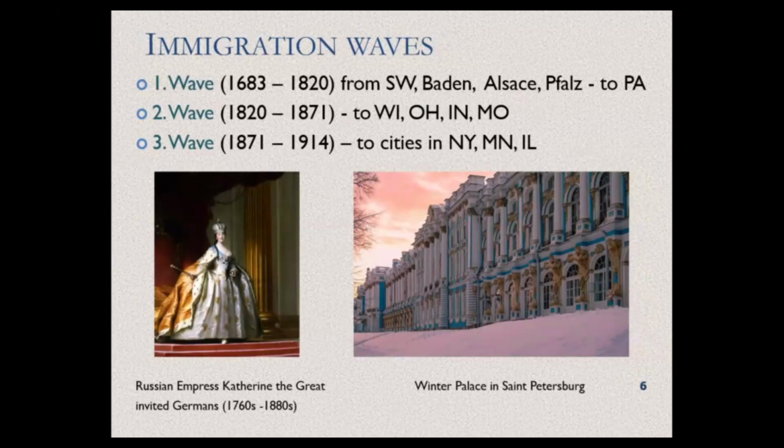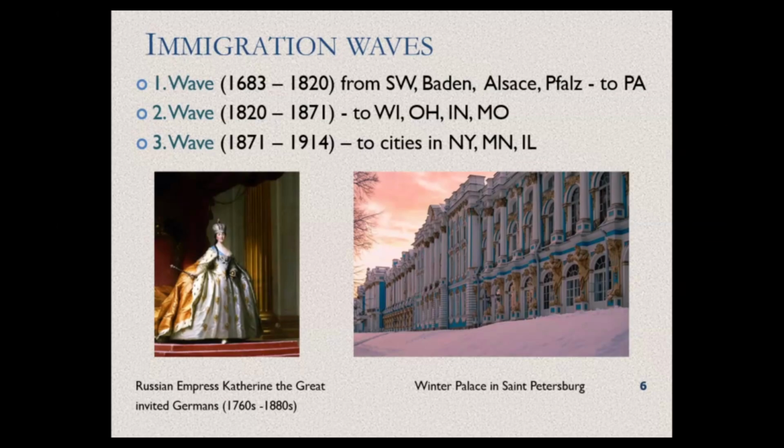So, and then we can roughly say there are three ways, don't take it literally, but roughly, that you can possibly find your ancestor. You can see maybe in those later US censuses, if they were alive, or their children, when they emigrated, and from what areas of Germany they came.